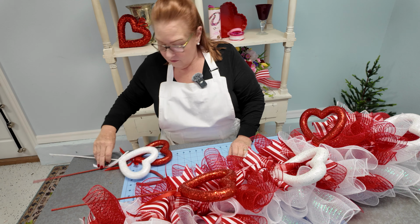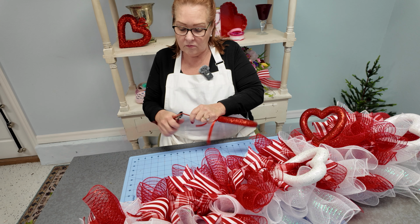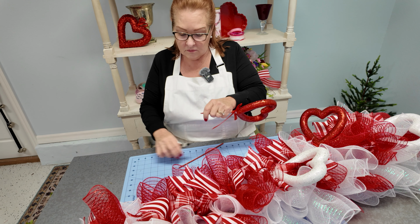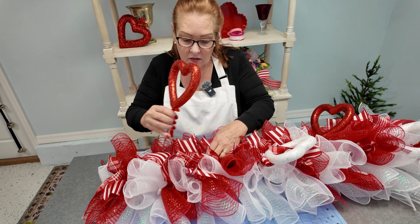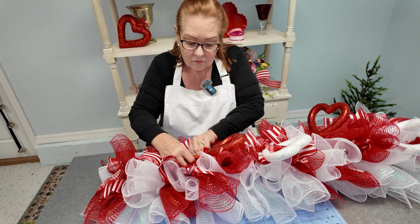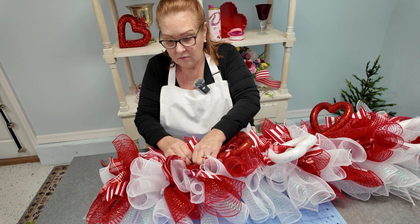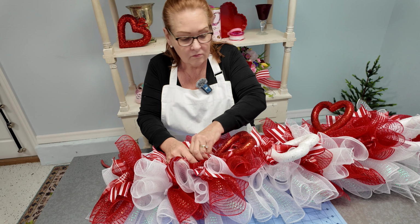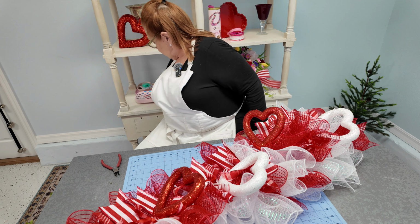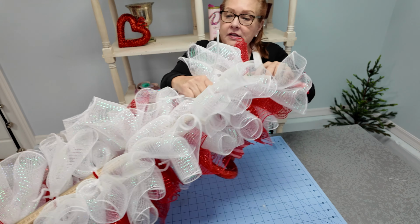And I think I'm just going to finish it off with one red one. And our swag is finished. The last thing I will need to do is to put a pipe cleaner through the hole at the top of my...